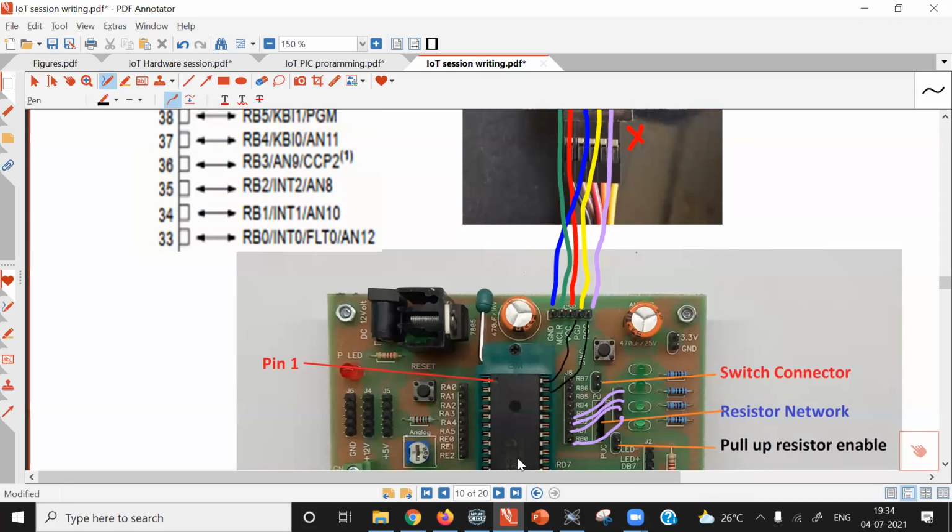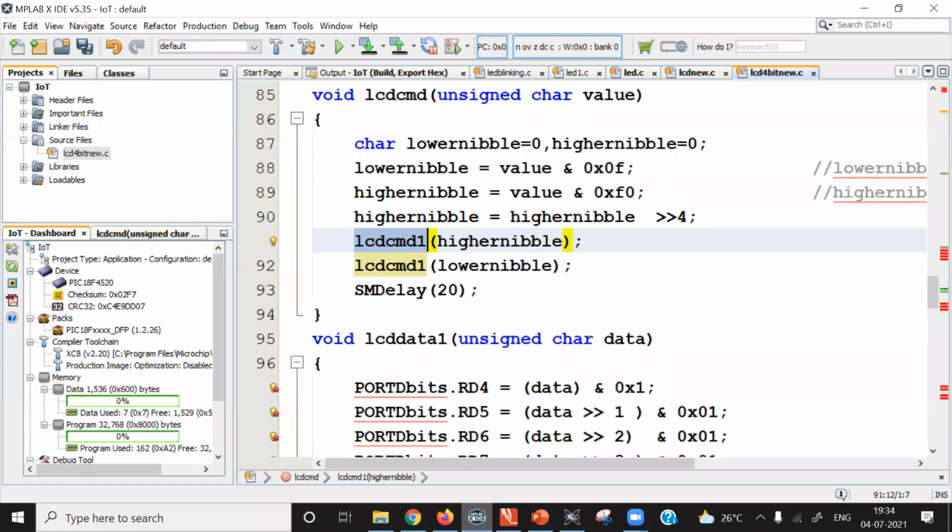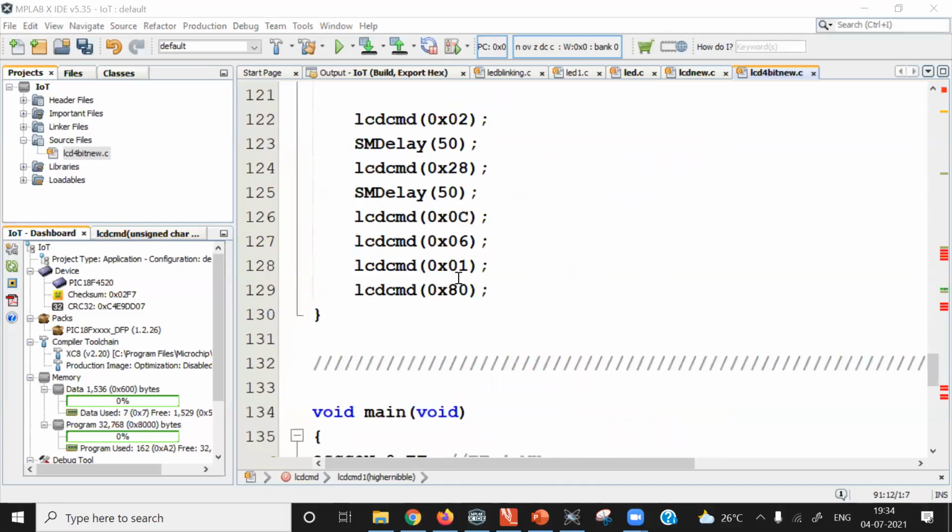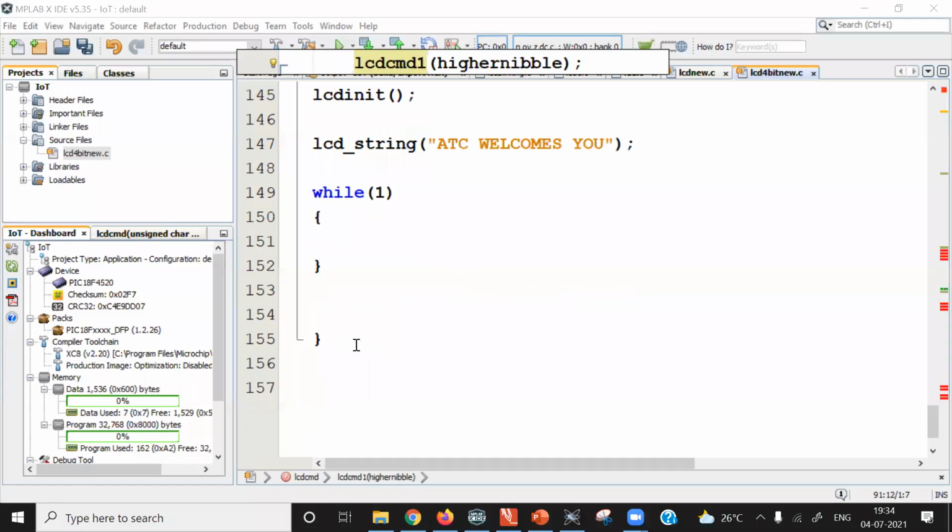Why did you put the while loop inside the void main? Let me once again tell you. This while loop is important. If you do not put a while loop here, your program counter will keep on changing. At other locations in the flash memory, we have not written any instruction.